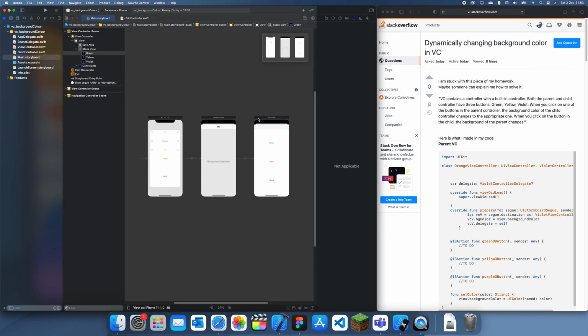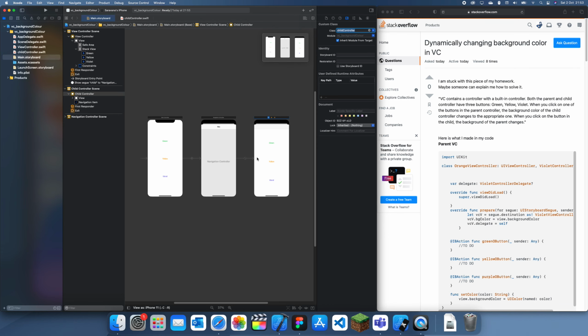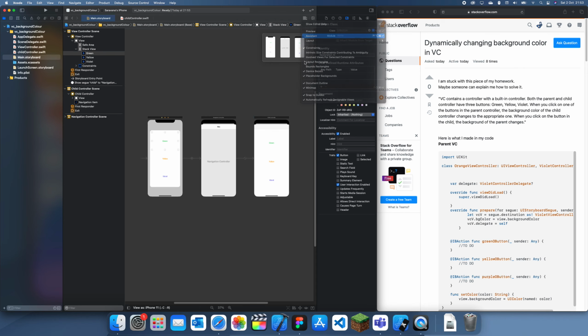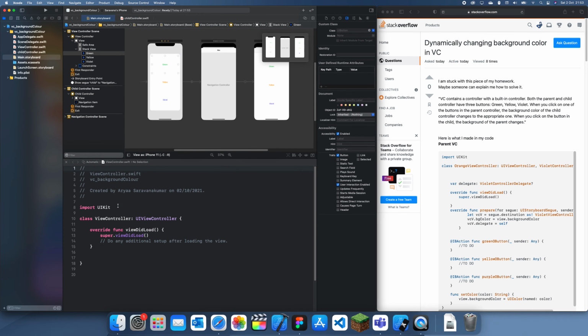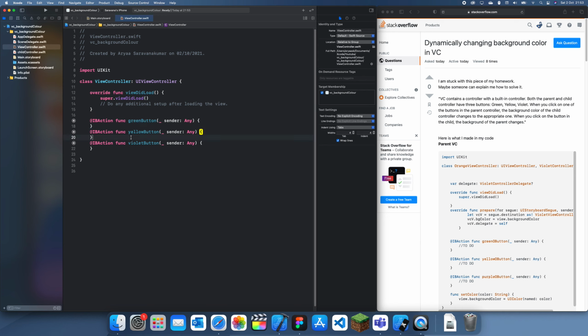If I link these up, and I'll call it ChildController, and I will go to all of these buttons and create outlets. So green button, yellow button, violet button. Okay, so the first thing we're going to do is make it so that when you click a button on the parent view controller, which is this one,